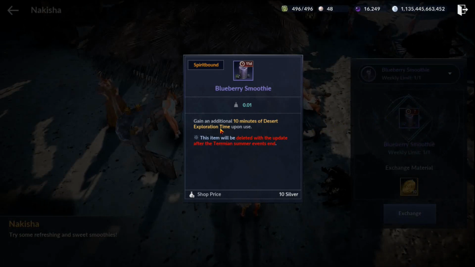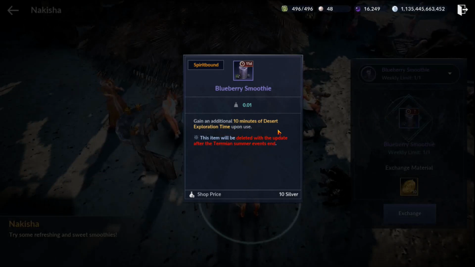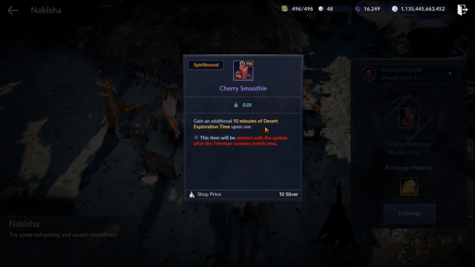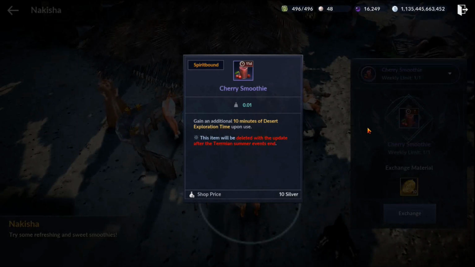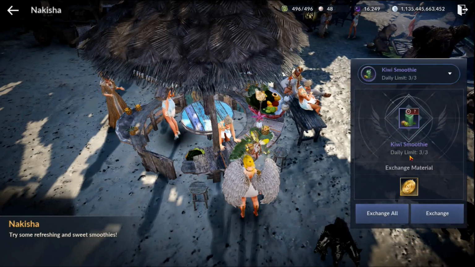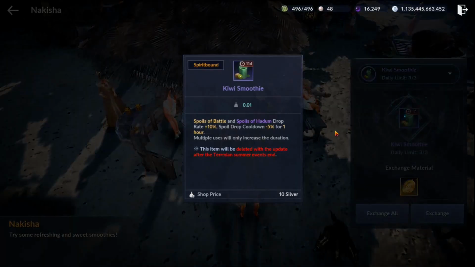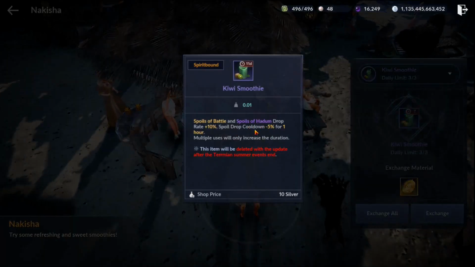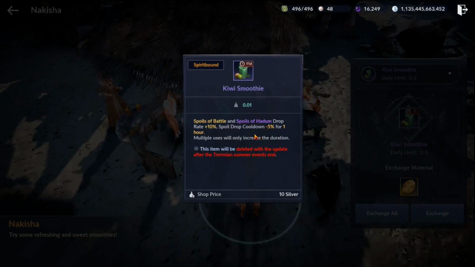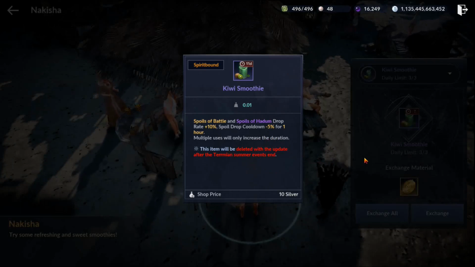And you can see what it does: gain an additional 10 minutes of desert exploration time. So if you're a person who enjoys desert, or you know you're going to do desert soon, come over here, get your buffs, and go enjoy desert for a little bit longer, which is great. 10 minutes longer. Kiwi smoothie is another one, daily limit instead of weekly. And it helps with spoils of battle and spoils of Hadum drop rate. So this is a really good buff to have as well if you're farming. So if you plan on doing that for the rest of the night, drop by here, get your kiwi smoothie,